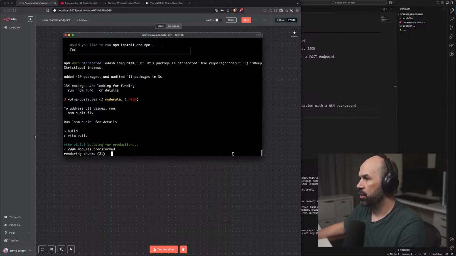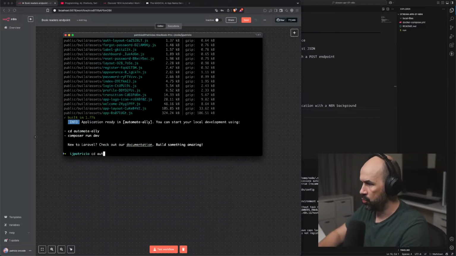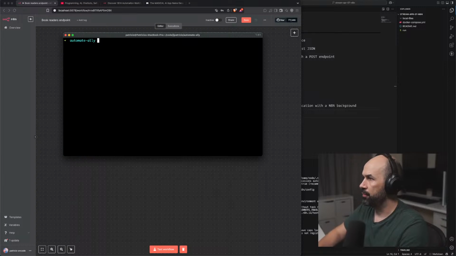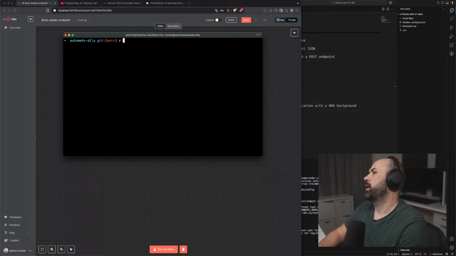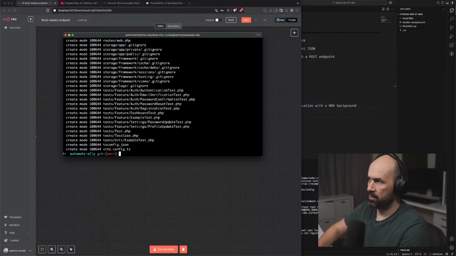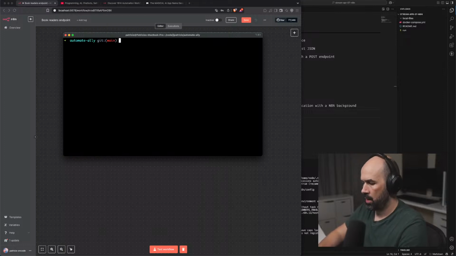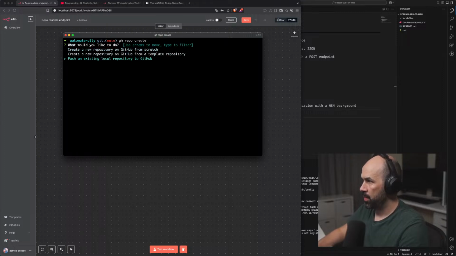Yeah, we're not even going to build a front end. It was just to be ready for any future, right? So git init. Yeah, that's it. So initial install. Okay. GitHub repo create. Yeah, never mind. GitHub repo create. Bam.